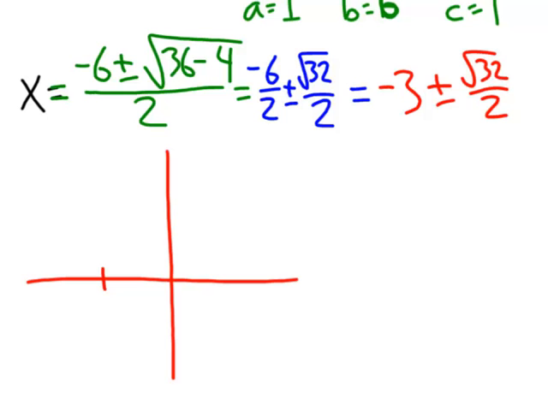Let me go ahead and mark the negative 3 here. And for one of those x-intercepts, I'm going to subtract root 32 over 2. So let's go over here, and let's say this distance right here represents root 32 over 2 being subtracted from the negative 3. That gives me an x-intercept. And the other x-intercept will be root 32 over 2 being added